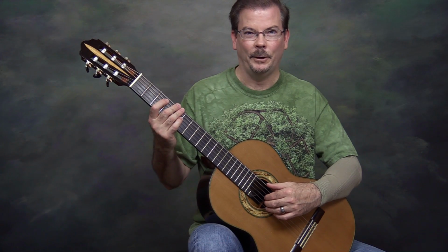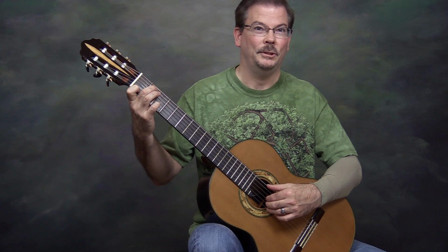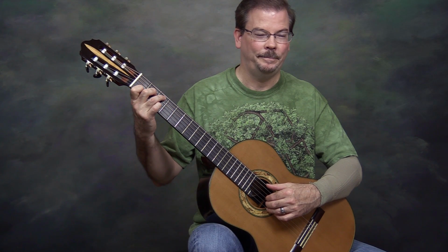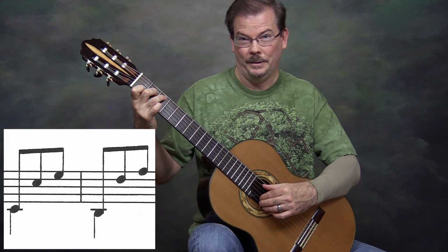One thing we can learn right away from studies 2 and 3 is that when we're changing from the C chord in the first measure to the G7 chord in the second measure, you will want to place your fingers in the order that they're required. So in study 2, the last beat of measure 1 on the C chord,